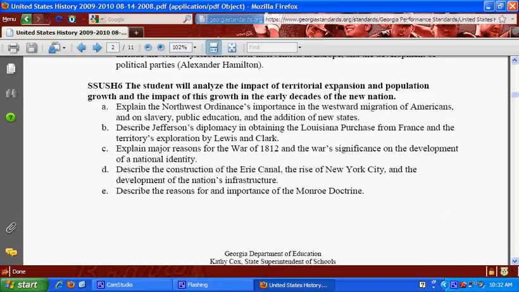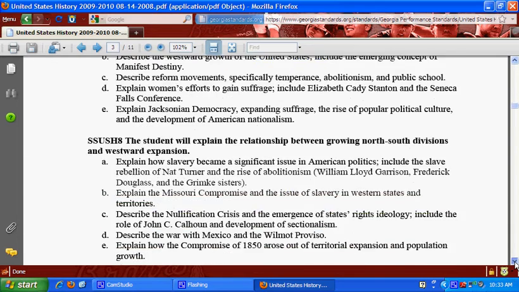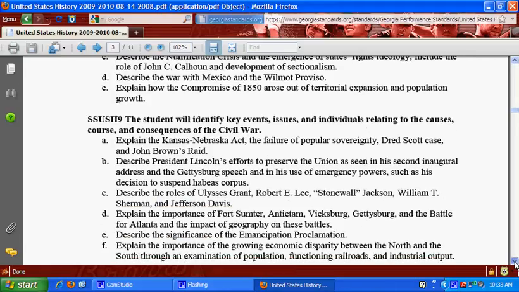Your students should be able to analyze the impact of territorial expansion and population growth in the early decades of the new nation. That's another thing they need to be able to talk about. War of 1812, the Monroe Doctrine. All stuff that we learned in high school, but we didn't necessarily have a standard for it because they didn't have these tests up there for it yet. And finally,